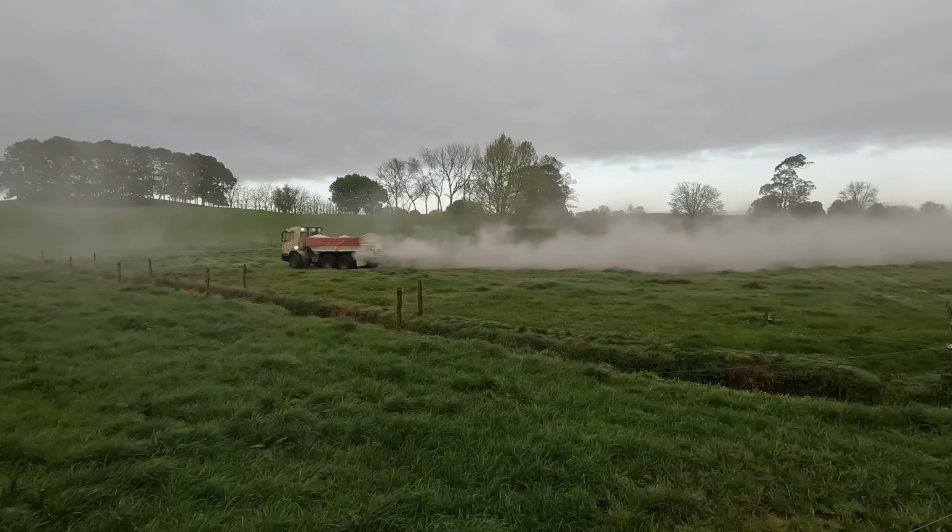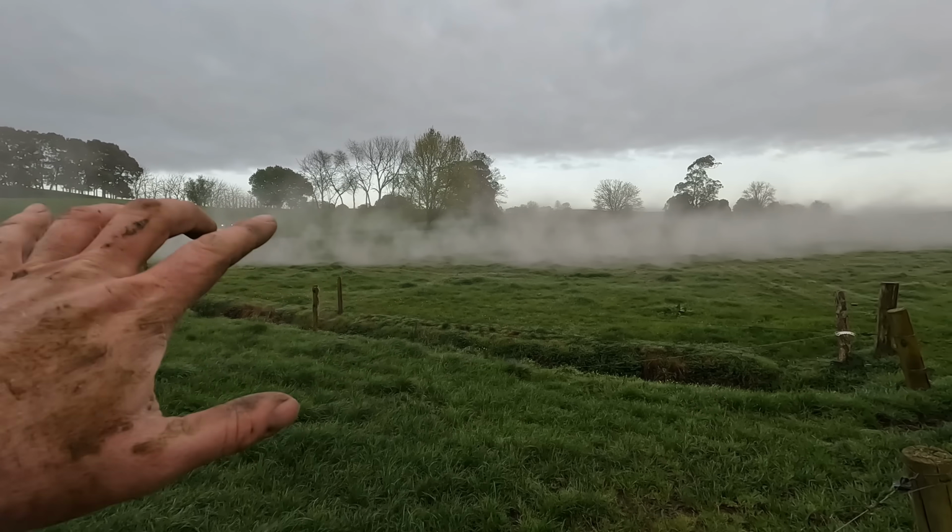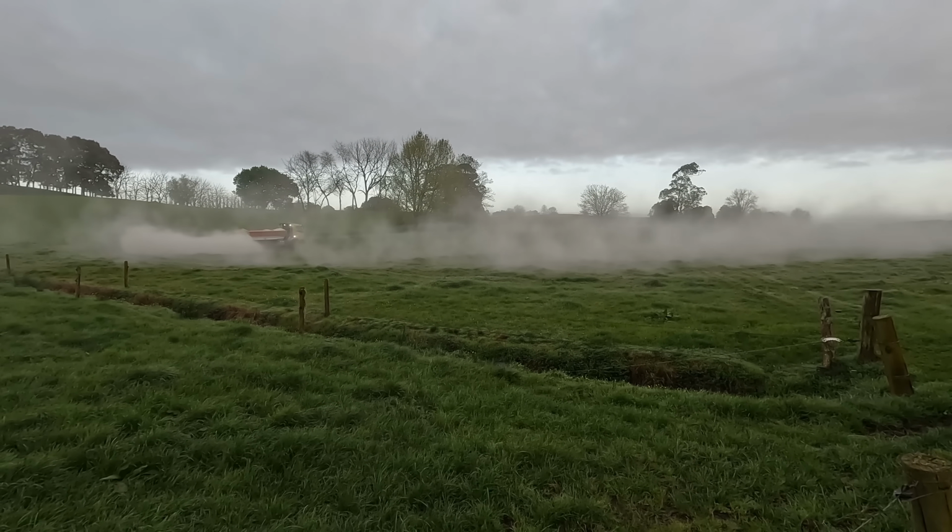He's just running a little bit out down the bottom here. He's still got a couple of runs to finish off in another paddock, but these bumpy, bumpy flat paddocks, they flatten the load out a little bit and make them a little bit lighter for the hills. The truck can get around them alright, it's just it doesn't dig in quite so much on the turn,